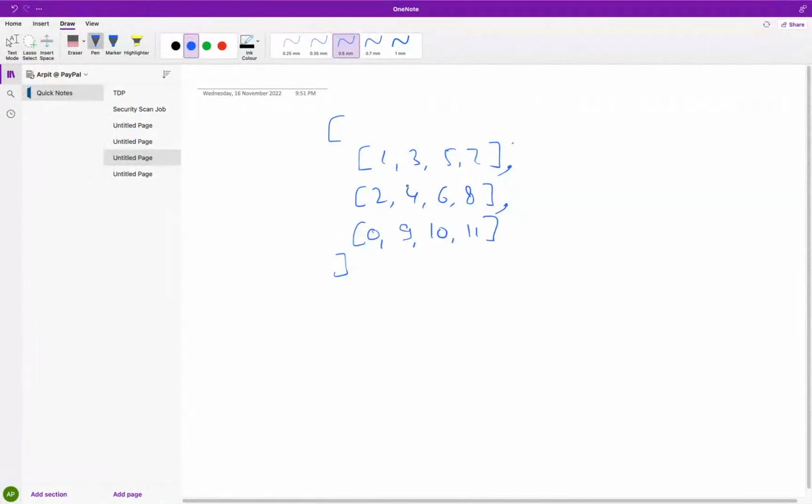You can consider them as linked lists as well, like three different sorted linked lists. And at the end, you need to return your answer as a merged list